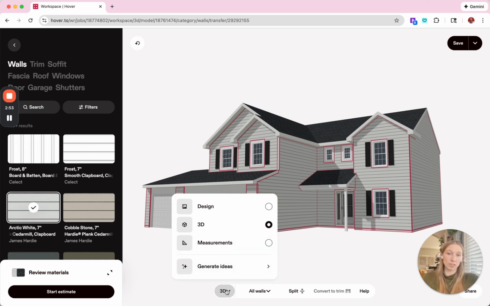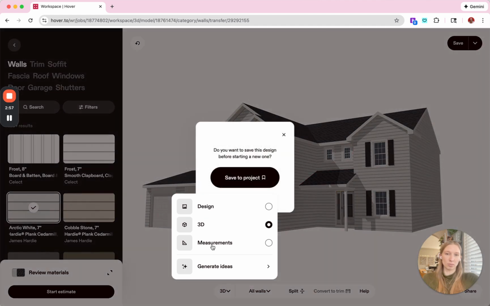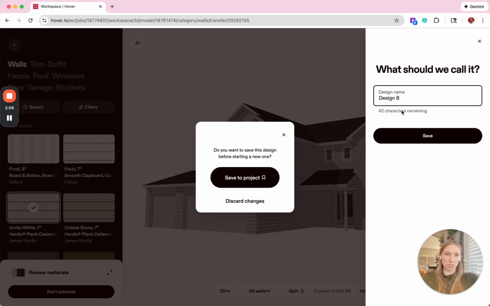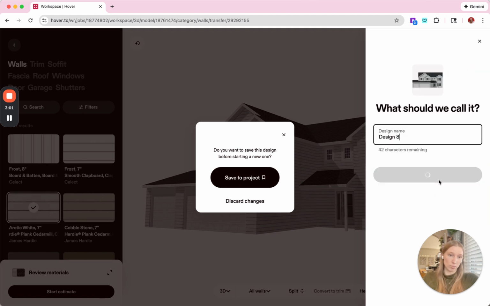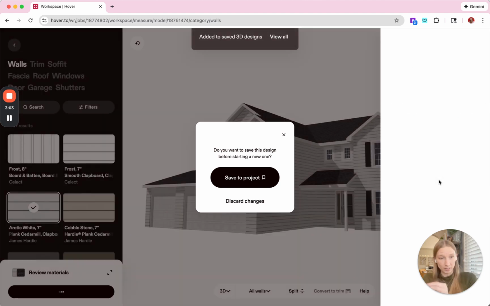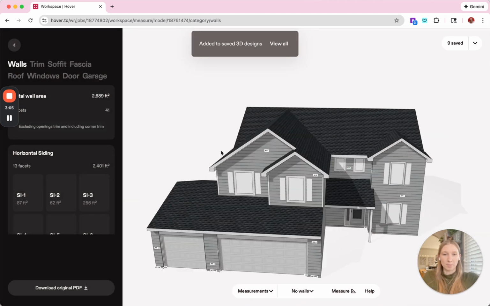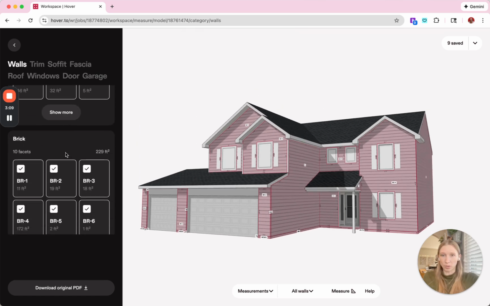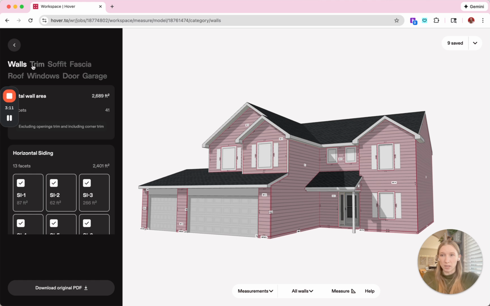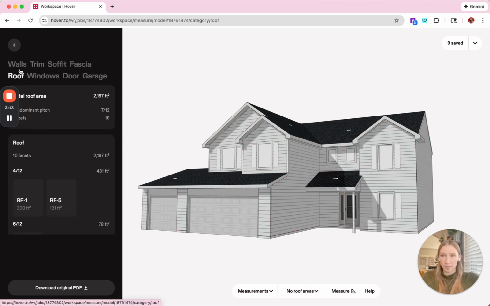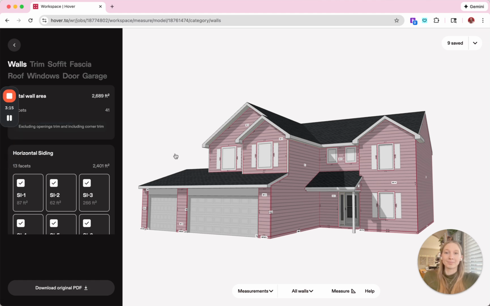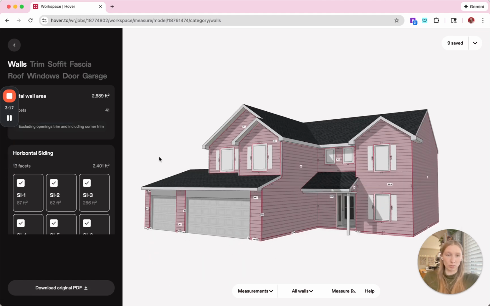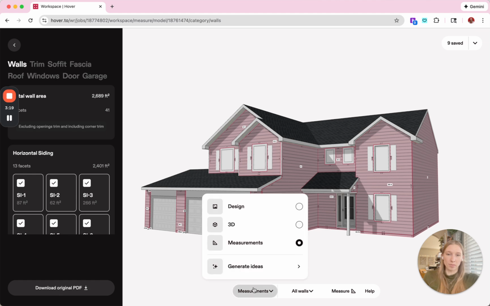If I want to go into measurements directly from here, I can go back down to this feature switcher, click measurements. What I'm going to do is actually save this project so that those measurements reflect the material changes that I've made. And now you can see that I am in measurement mode. I can scroll through to see the different types and trades for measurements. And then I can go back to 3D,